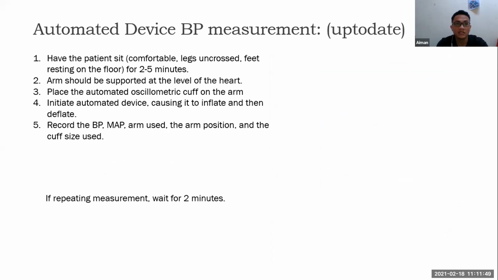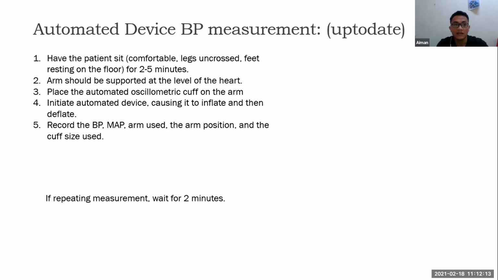For automated device blood pressure measurement, which is oscillometric, we do the same thing. The patient has to sit comfortably for 2 to 5 minutes, and the arm should be supported at the level of the heart. Then we place the automated oscillometric cuff on the arm and initiate the automated device, which makes it